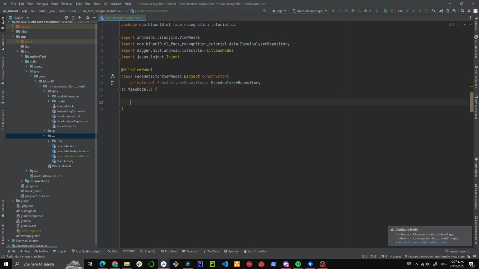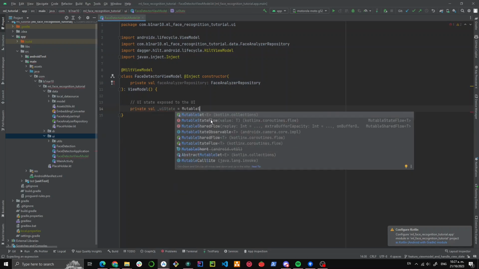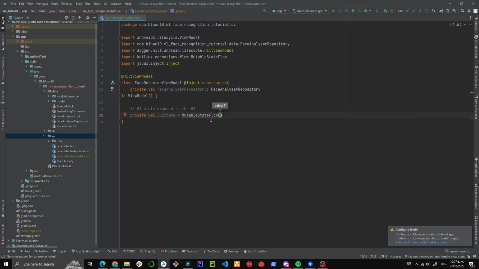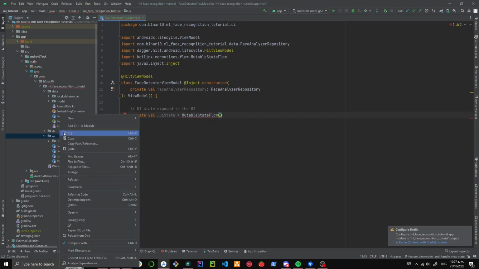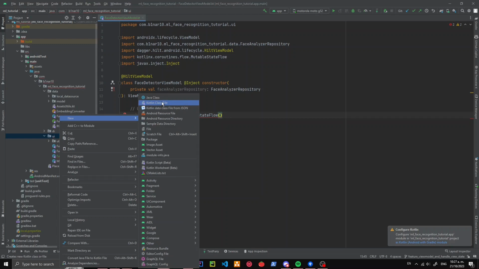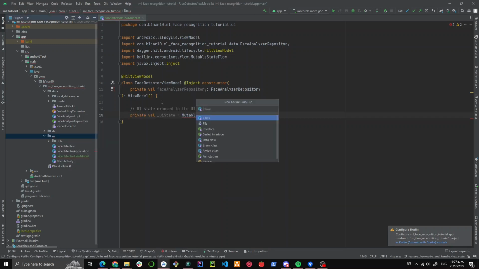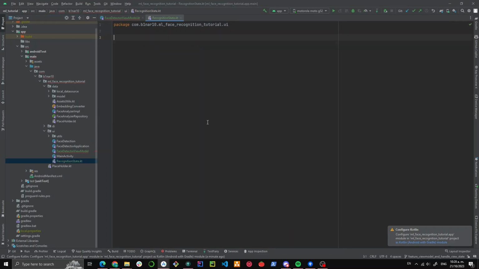So the face view model will be injected with the face analyzer repository, and this is responsible for the actual face analysis. Here we can see this UI state, and this is a data class. I mean, this UI state variable represents a data class